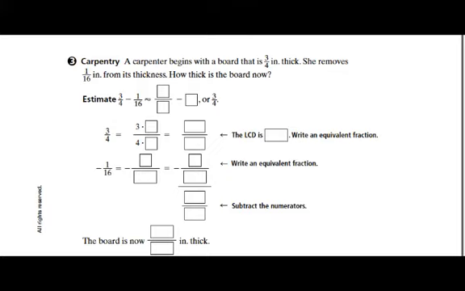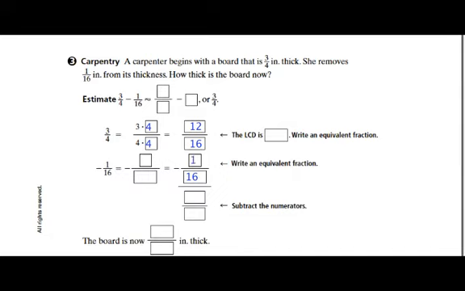Again, we have to start by finding common denominators. So let's look at the larger denominator, 16. Can 4 go into 16? Yes, it can. So this is going to make the problem a whole lot easier. We're going to figure out what you multiply 4 by to get 16. Well, 4 times 4 is 16. So then we have to multiply 3 times 4 to get 12. So we have 12/16